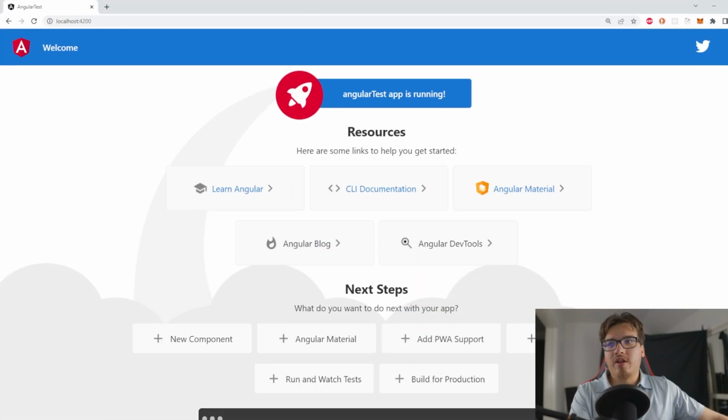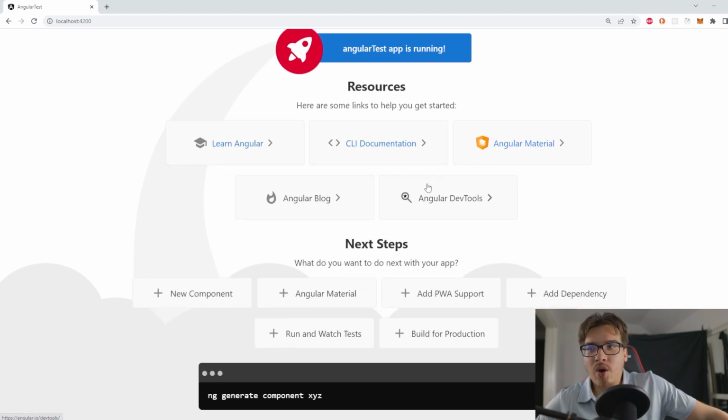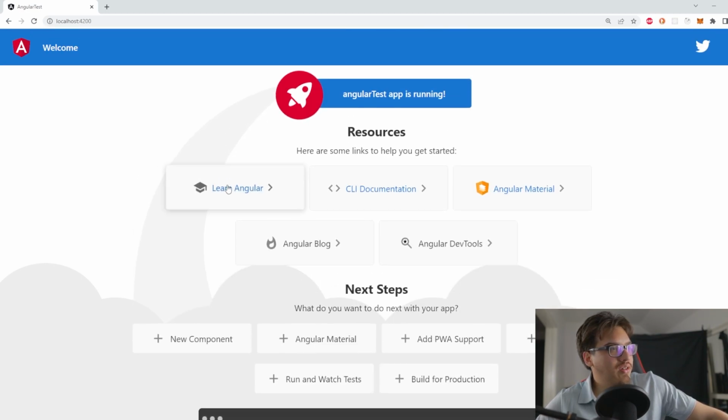So this is what comes with your Angular project. So nothing else is here in this case. I've added those files, but I don't want to show them just yet. This is everything, and the funny part is that all of this is essentially hard coded into the page. So if you don't believe me, these aren't actually like